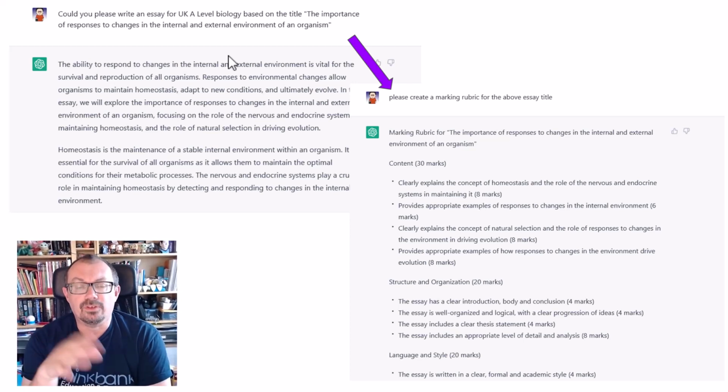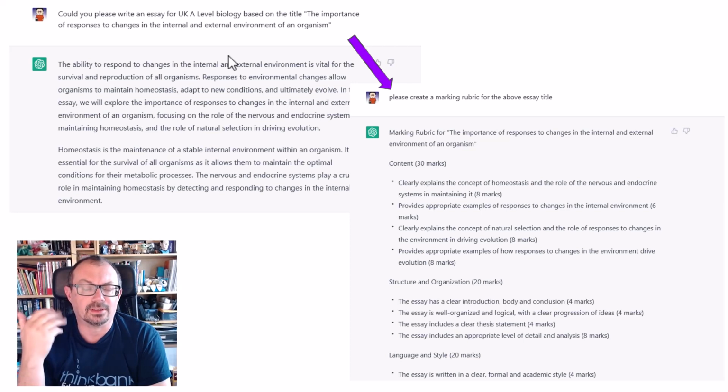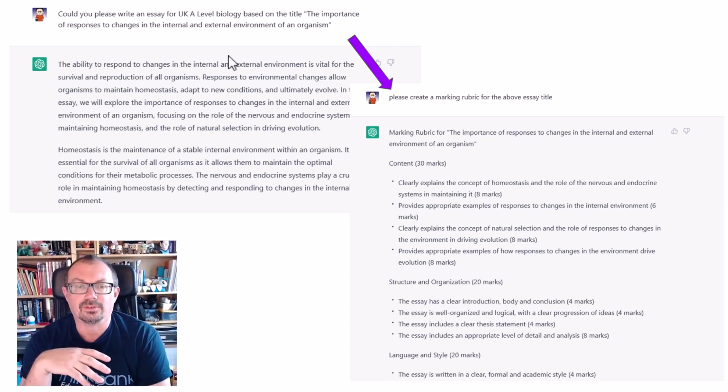Now, maybe you could use these as model essays, use with the students, give the students the mark scheme and the essay, and ask them to mark it and go through it. Again, because if you're setting these students essays now, they can whack that title in a ChatGPT and it'll spit out an essay for them. Hopefully some of these AI tools might pick up some of these things, but at the moment the jury's still out on how successful they actually are.